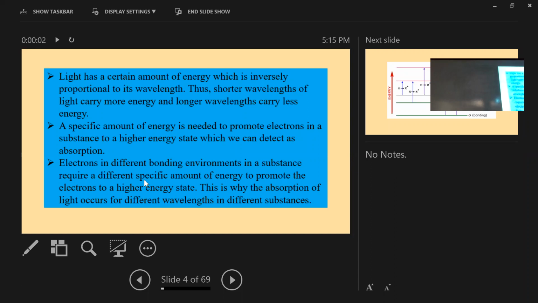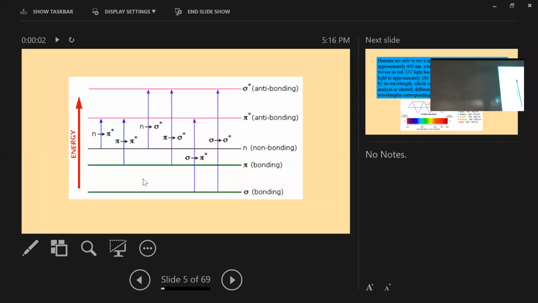Now, how will we give the energy? That is given by light. We shine light on the atom, and if the wavelength corresponds,